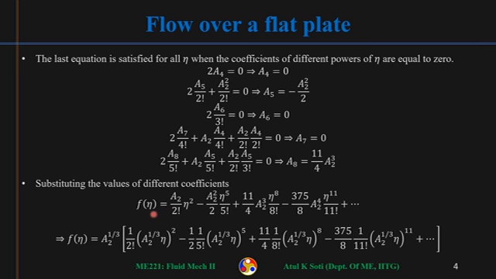Okay, now in this only one coefficient is unknown, that is a2. If we can figure out a2, then this is just a polynomial which we can evaluate at any eta. So I write this f eta like this. So this a2 raised to the power 1 by 3 I can take out, and then I can also write this polynomial as this. Okay, this is just some algebraic manipulation to make things easier.